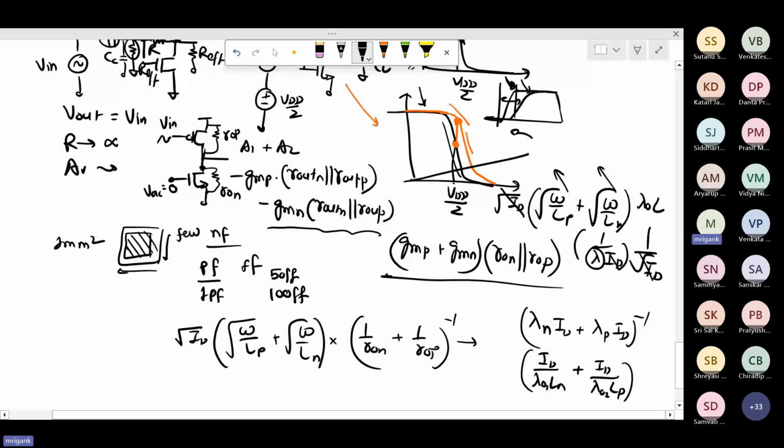Remember why your lambda increases with channel length: if you have a longer channel length, the saturation pinch-off is stronger and your slope becomes flatter. So with shorter channel length, generally your slope becomes larger. With larger channel length, the delta L by L factor, the fractional change in length, is lesser. You might have seen that in the MOSFET current equation derivation. So the fractional change delta L by L becomes smaller and smaller if your length is bigger.